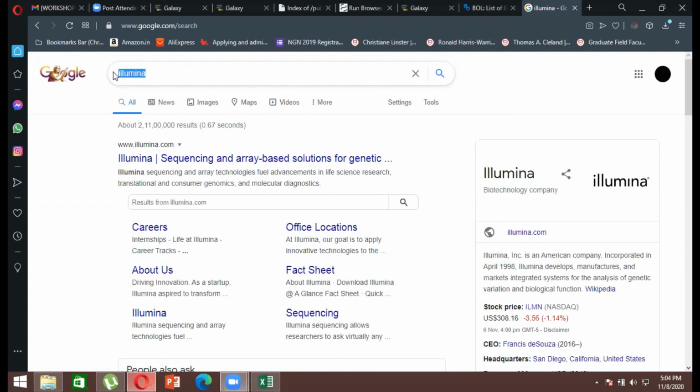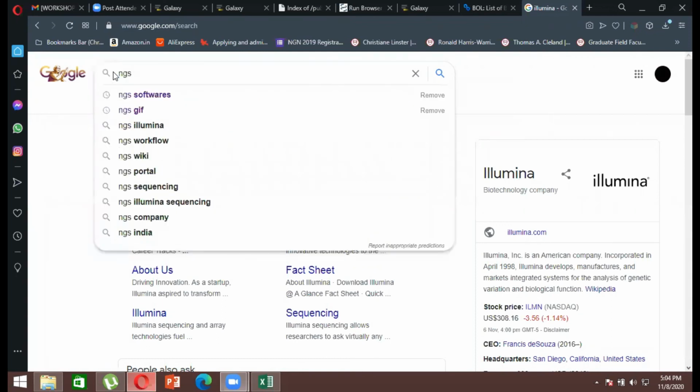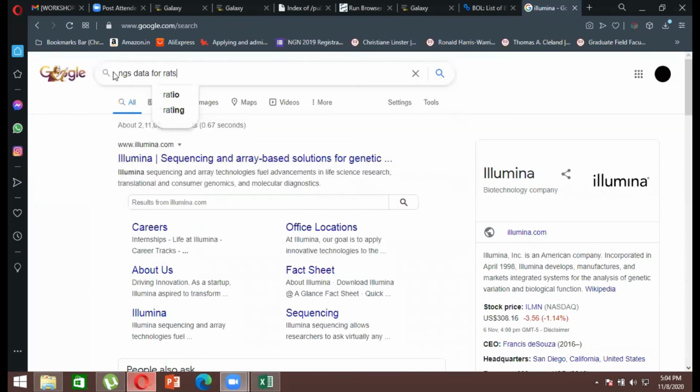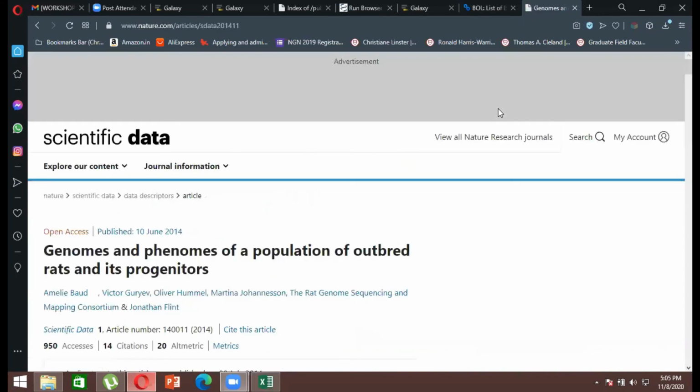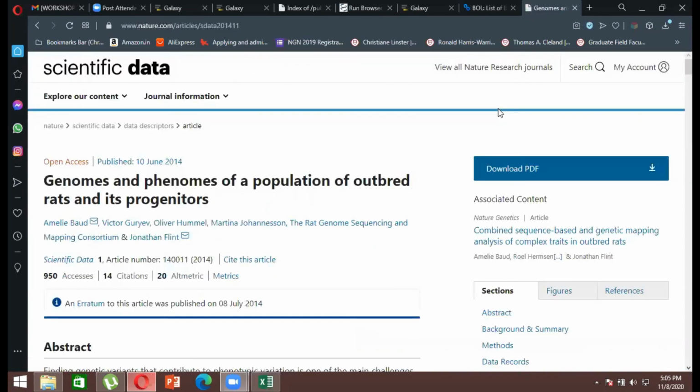Or if you want references, let's say you want NGS data for rats, something like this, right? There will be different Google Scholar data links or papers out there. Definitely read those papers. For example, here's a Nature paper, genomes and phenomes for a population of rats. Just go there, read the different references out there. It will help you understand NGS in a much better way, right?